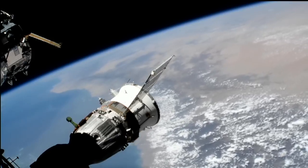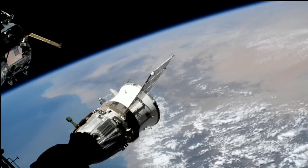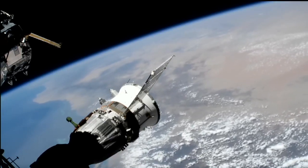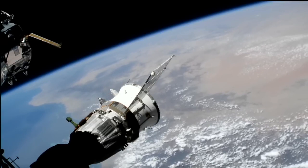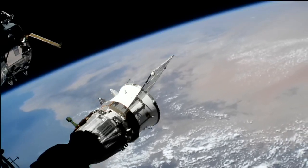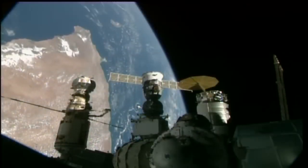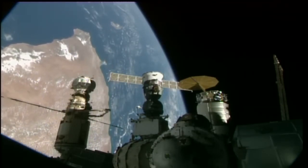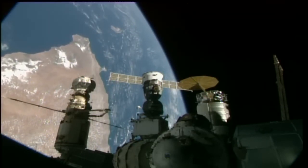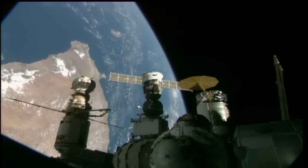In Kazakhstan, the Russian search and recovery forces are treating this just like any other Soyuz landing, as if a crew was on board. They deployed from the staging city of Karaganda. Mi-8 helicopters will be hovering around the landing site later this morning to await the arrival of the Soyuz under its parachute. Once the Soyuz lands and is safed by the teams on the ground in Kazakhstan, the descent module, again the only section of the Soyuz spacecraft that will return to Earth, will be returned to Moscow for